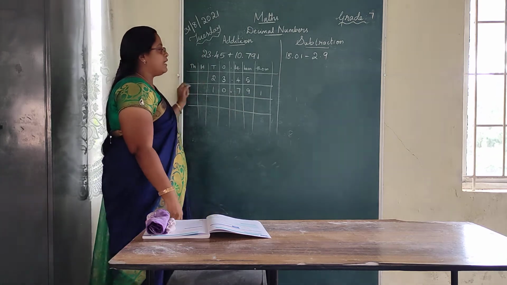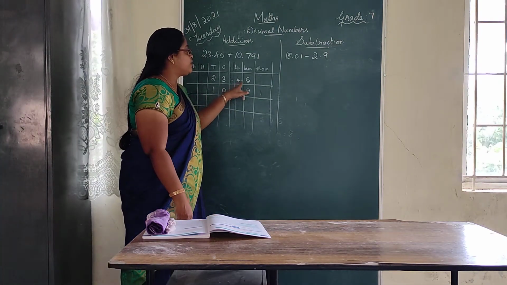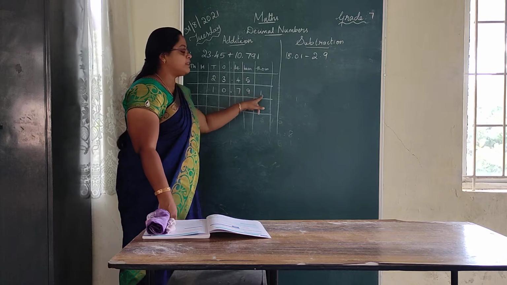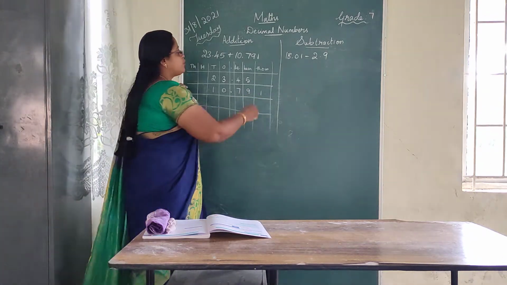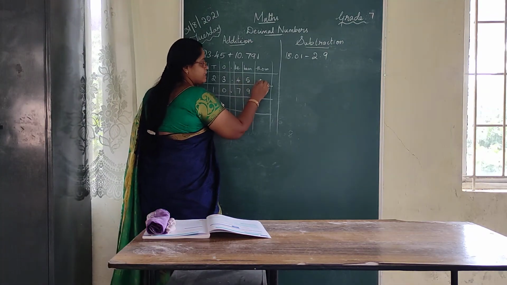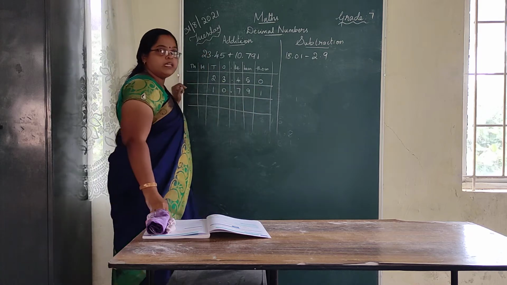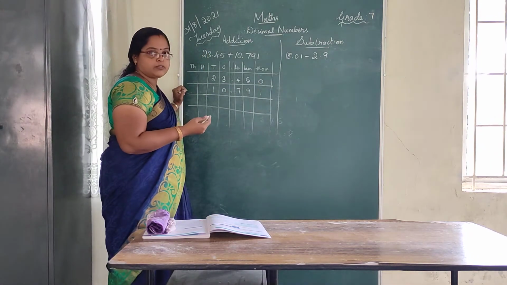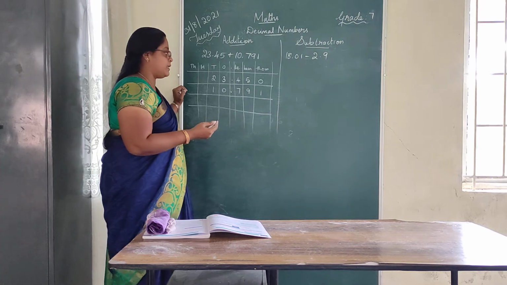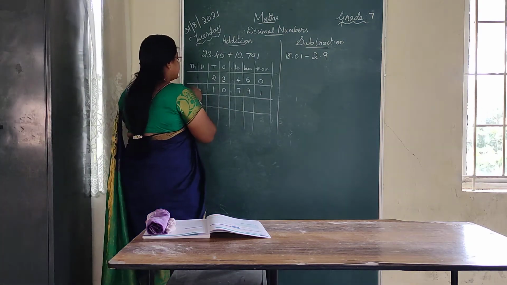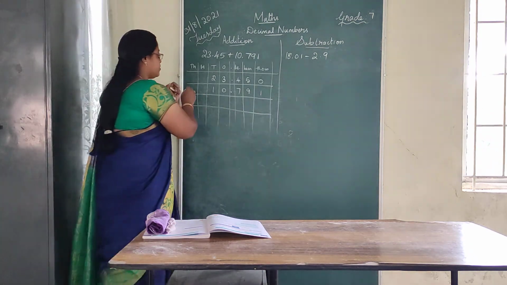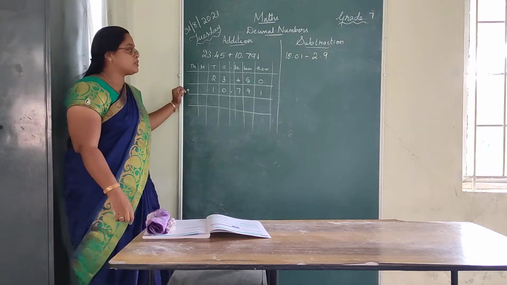So you have to see here the point has 2 decimal places after it, here 3 decimal places after it. So to make this 3 decimal places, we have to put a 0, so that it does not change any values. The values should not change anything. So we have to add here. Okay, adding these two numbers.